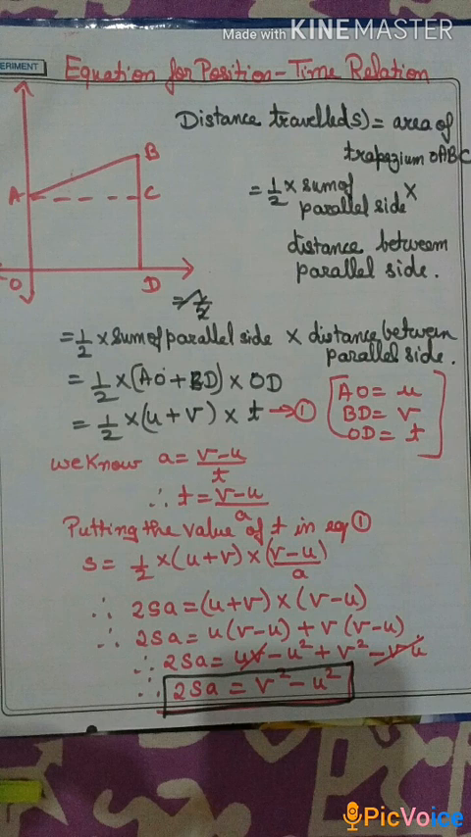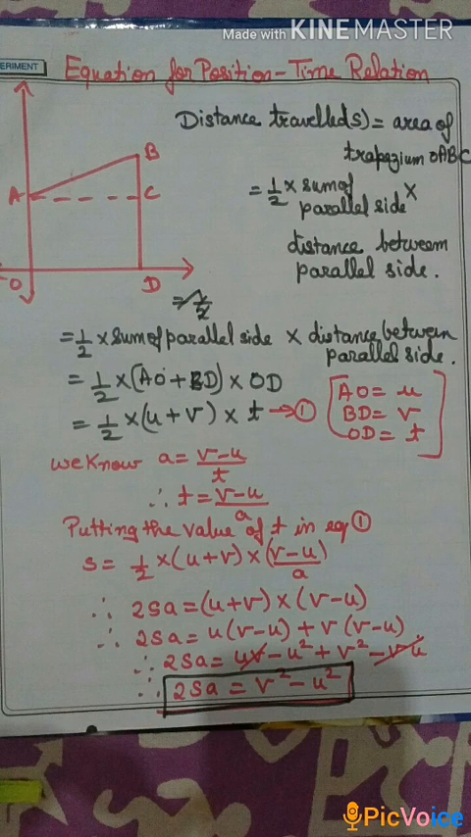Yeah, the equation for the position-time relation. This is the third equation, which we can derive from the graphical method. Let us consider an object that has traveled a distance s in time t under uniform acceleration. As shown in the figure, the distance traveled by the object is obtained by the area of the trapezium, that is, the distance traveled by the object is equal to the area of the trapezium